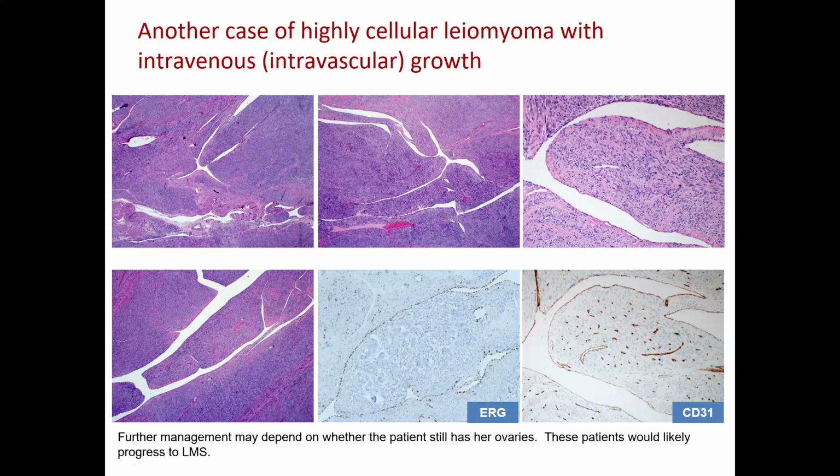I think if you see this, you need to put this in your report, because the gyne-oncologists, at least in our institution here, are sensitive about this diagnosis. Remember, you received this as a fibroid, as part of a hysterectomy with bilateral salpingectomy in a 42-year-old patient. So most likely they kept the ovaries behind, thinking that it was just going to be a fibroid. But when you put in your report that there is intravenous growth,